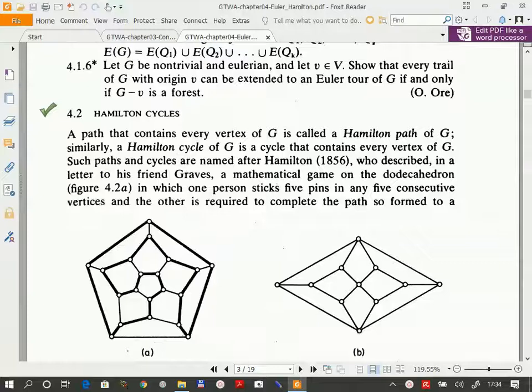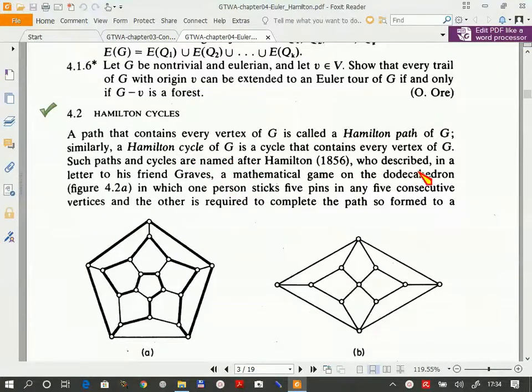So he devised this: he took this graph, the graph of the edges of the dodecahedron, and the idea was to find a cycle touching every vertex exactly once. It was played by two people. Anyway, we now call a Hamilton cycle, if it exists,